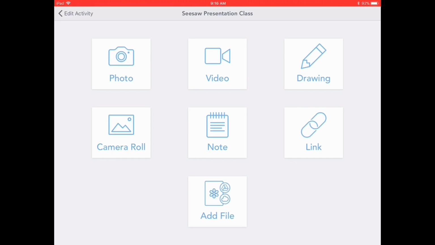Now for me, I just like this so much because it allows me to instruct, it allows me to clone myself, and I'm in two spots in my room at once. And everything's all in one app. I don't have to ask them to go and watch the video in one app and then go to Seesaw and do another app. It's all right there. The directions for the activity and the activity itself. I hope